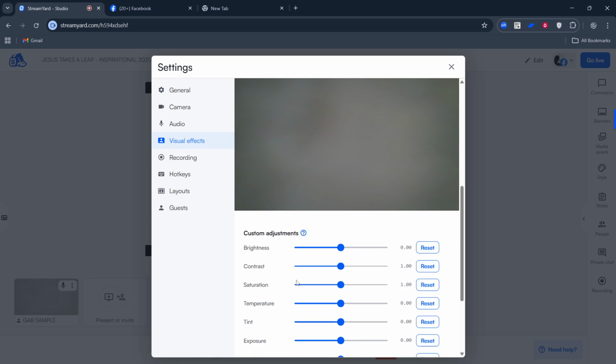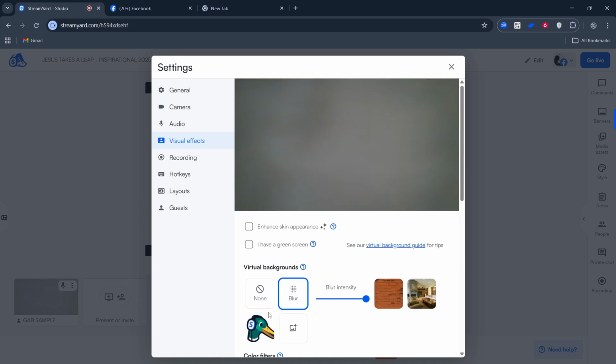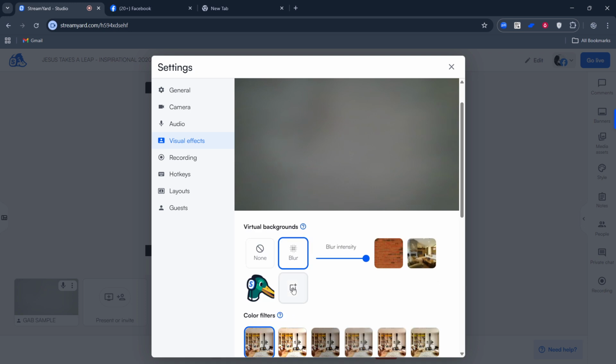For full control, upload your own background. Click the plus icon to add an image from your computer. You can store up to 30 images, so feel free to keep a small library for different shows, seasons, or guests. High-quality images generally look best, and simple designs with clear contrast help you stand out on camera. After you upload, just click the image you want to use and it will apply right away.